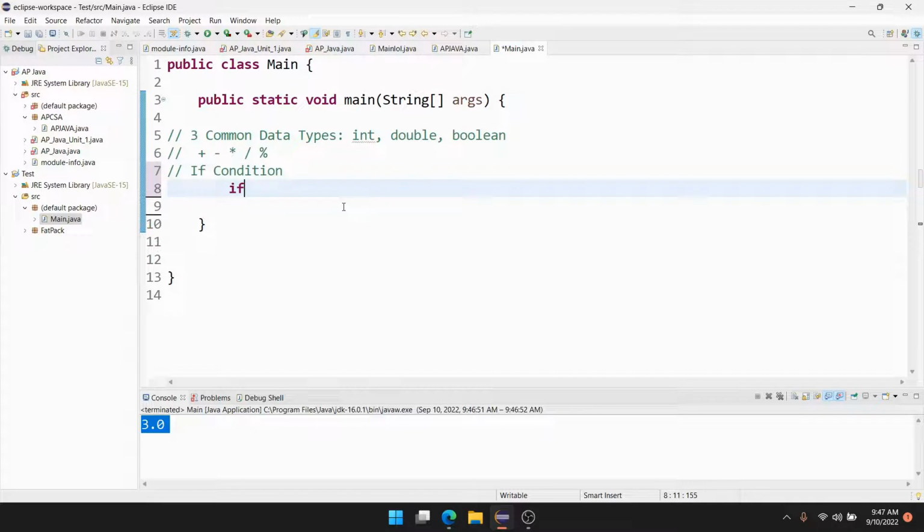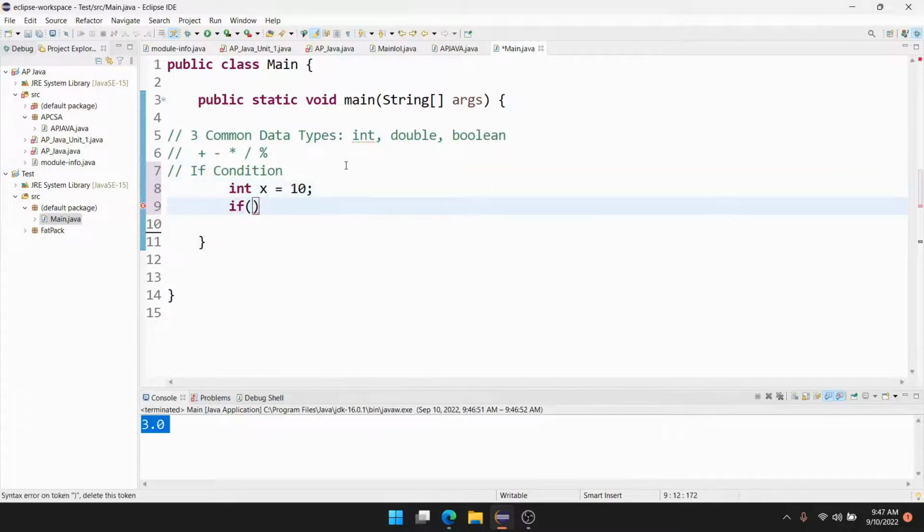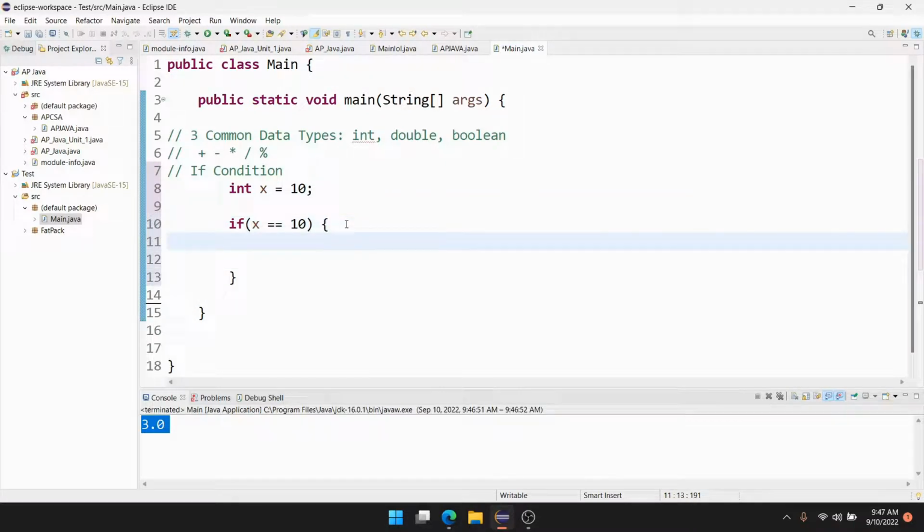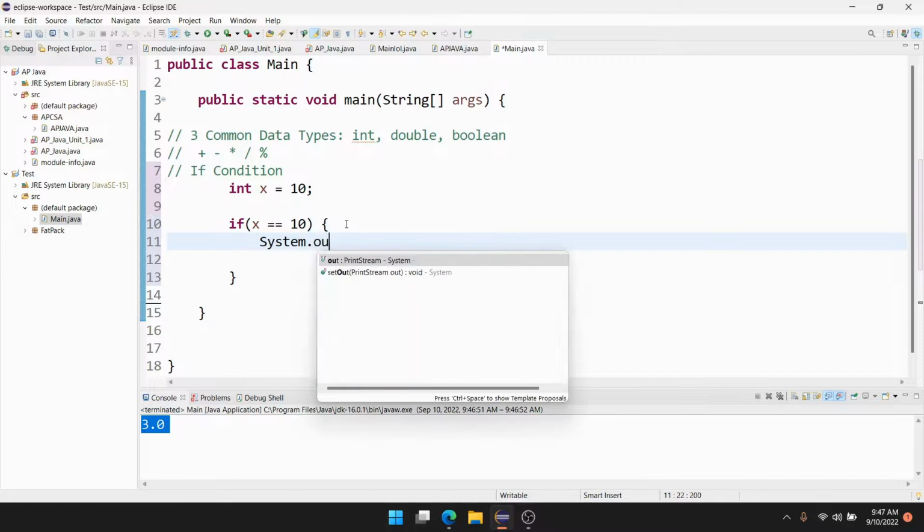We have if x, let's make a variable here, x. Let's just call it 10. So if x equals 10, and make sure you put double equals. You have to put double equals, because a single equals is assigning the value 10 to x. This is just checking if it's equal to it. So if x equals 10, then print ln,